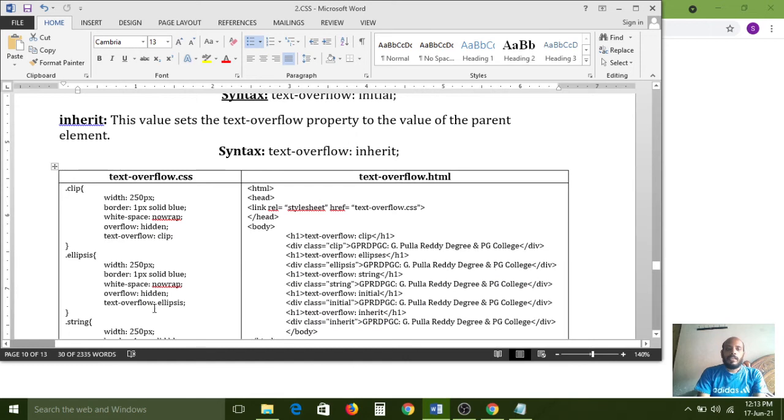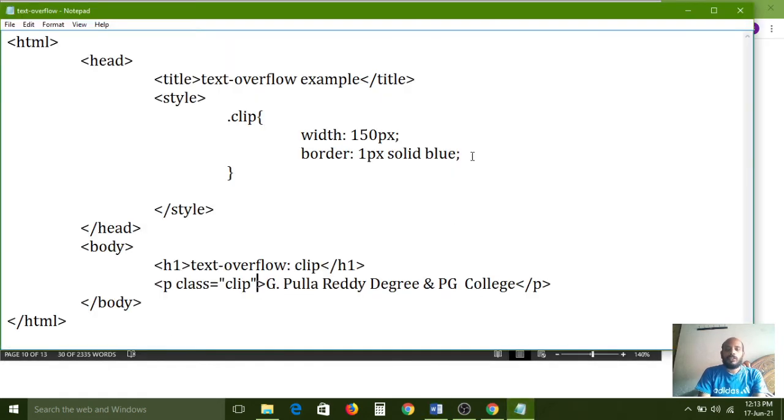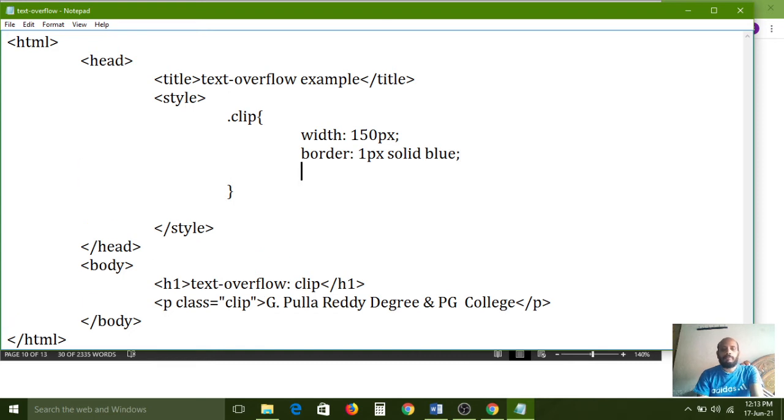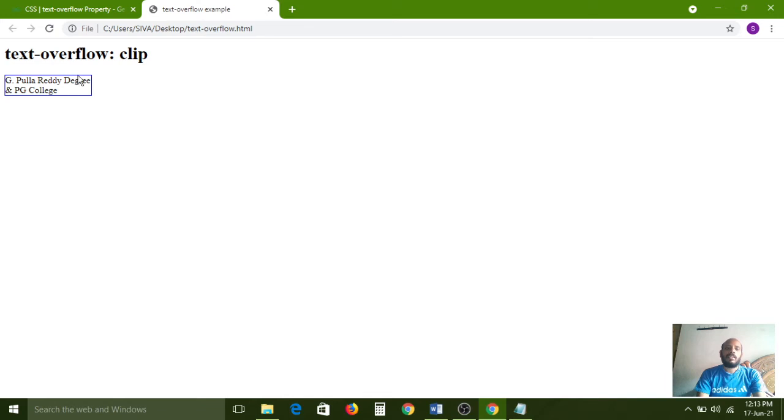So in the .clip class, white-space should be nowrap. The white-space property should be set to nowrap. No wrapping means it will not wrap to the second line. Actually, if the text overflows in a single line, the remaining text comes to the next line. Now I don't want it to come to the next line, so I am refreshing the page.